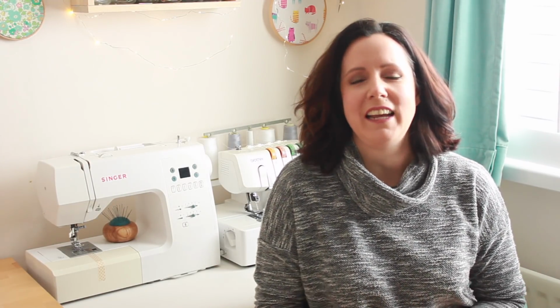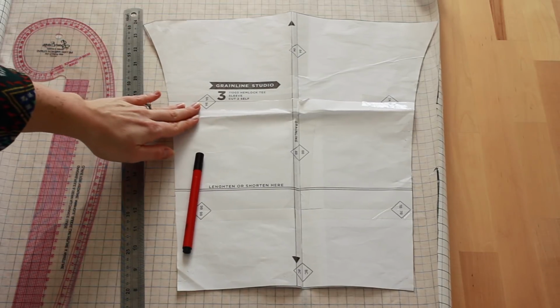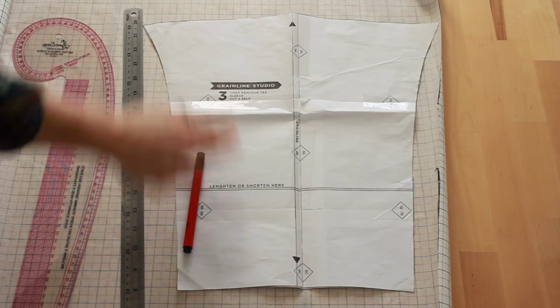So if you'd like to know how to sew up the Hemlock tee and how to make a short sleeve hack, then keep watching. Right, to make the short sleeve pattern piece, you will need your original sleeve piece, tracing